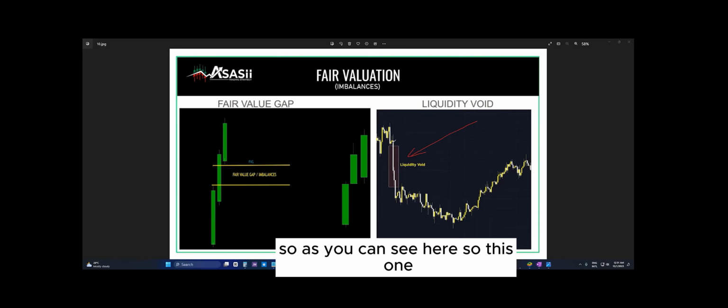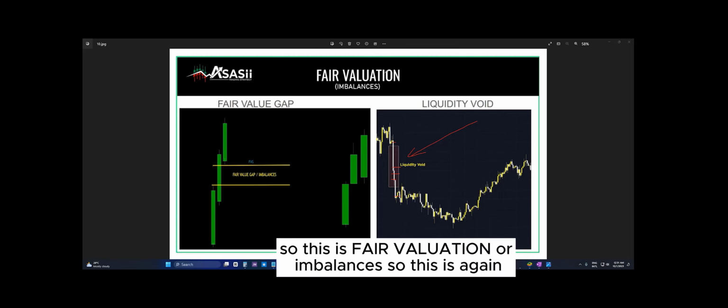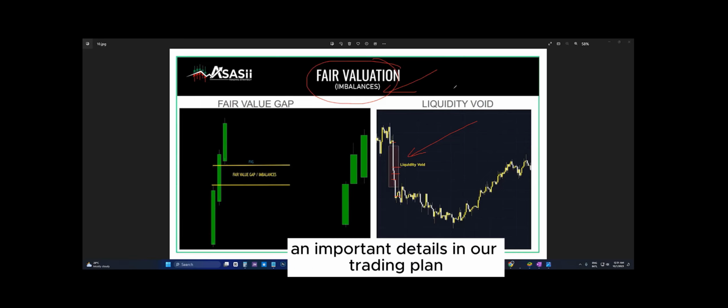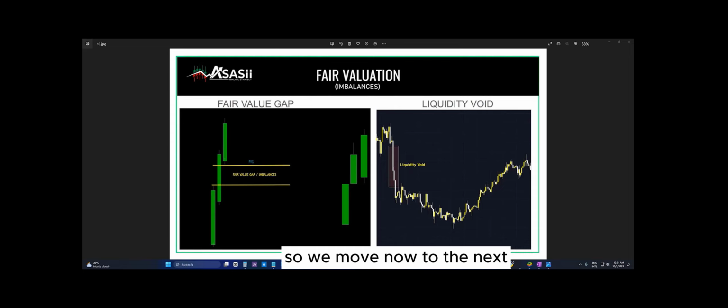So as you can see here, this one and this one, an imbalance, another imbalance here, and another imbalance here. So this is a liquidity void. Okay, so this is for valuation or imbalances. So this is again an important detail in our trading plan. So we'll move now to the next